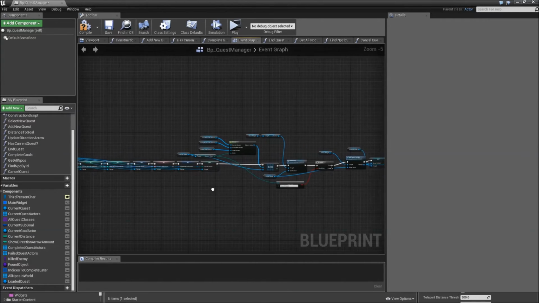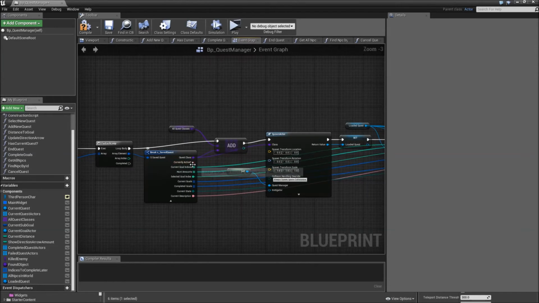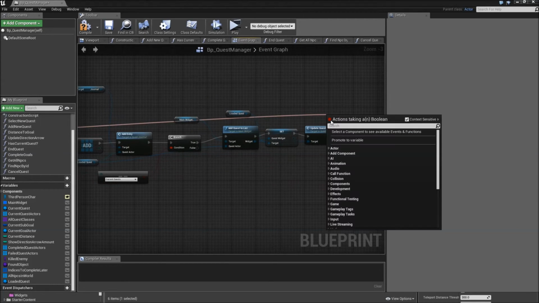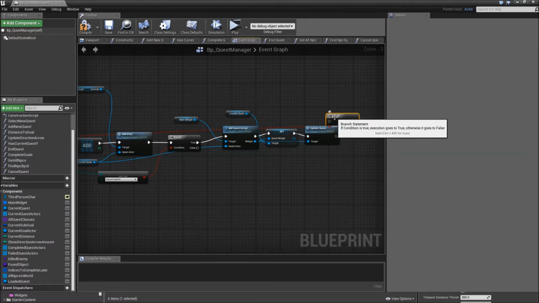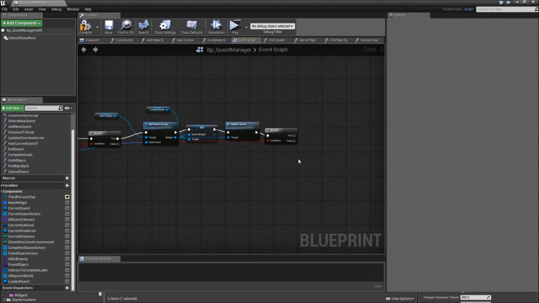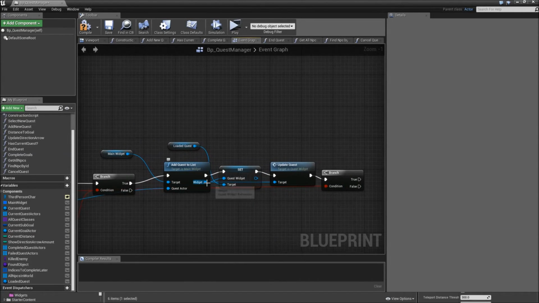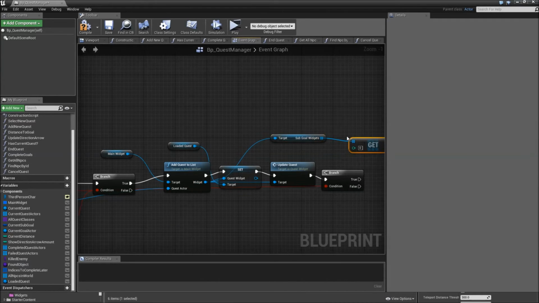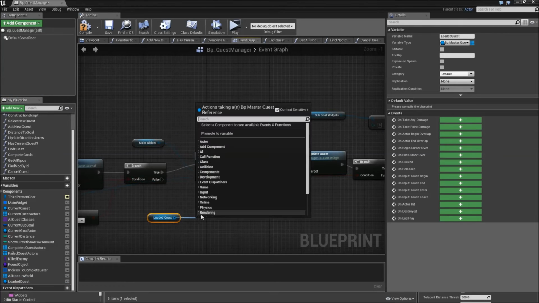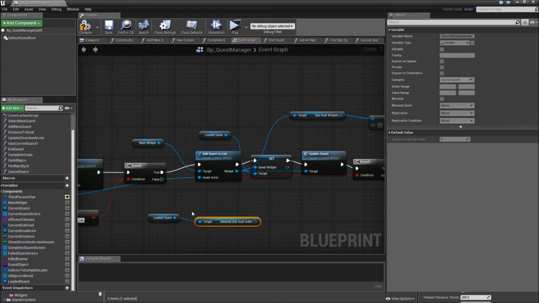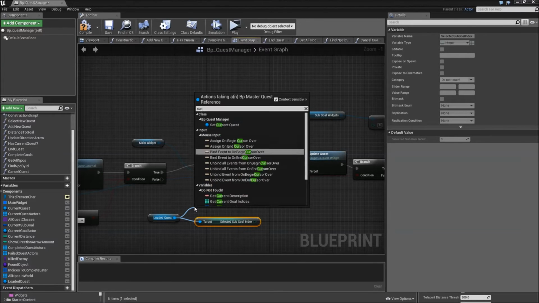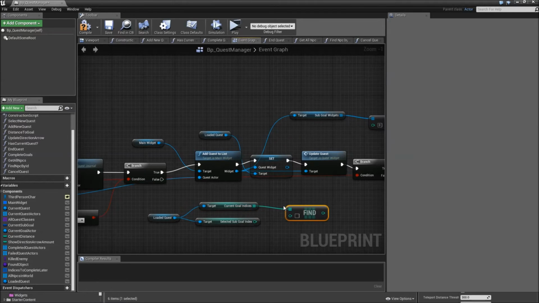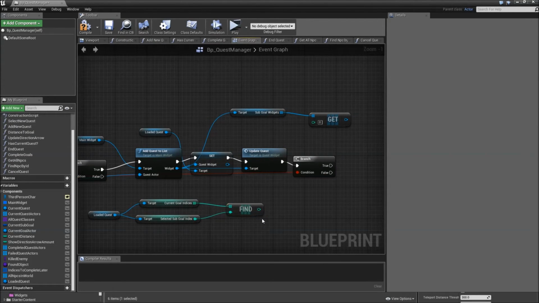The other thing, we want to check whether this quest is currently active, so drag a long wire to the right side, and again add a branch. Again, if it's false, don't do anything, but if it's true, get the widget's sub-goal widgets, get from that, and for the index, get a loaded quest, get the selected sub-goal index, as well as the current goal indices, and in our current goal indices we will try to find the selected sub-goal index, plug that in for the get